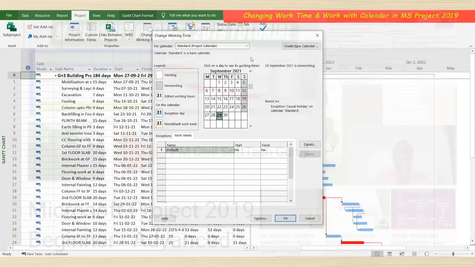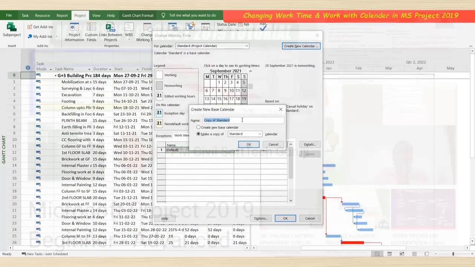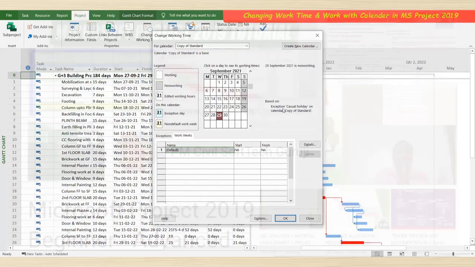Then you can change the calendar or you can use the same calendar. So here create new calendar. So make a copy of the standard calendar, create a base calendar, whatever, standard, night, whatever calendar you want to create for the project, you can create as per your choice. So this is what is related to the calendar.